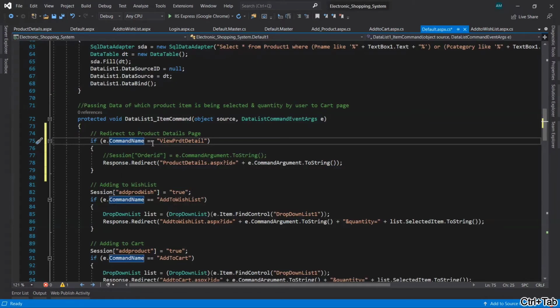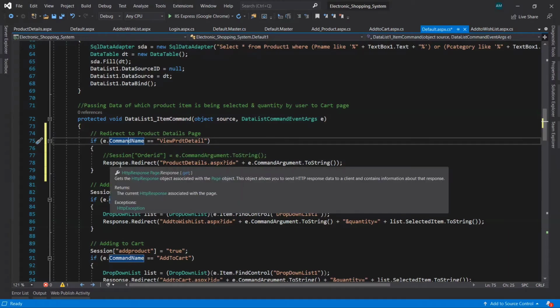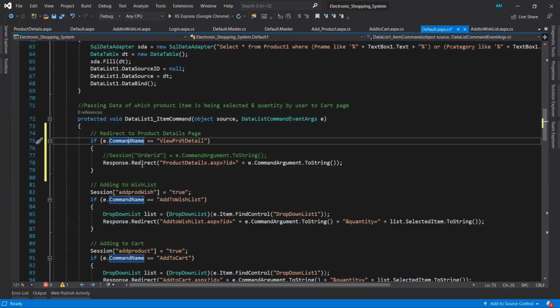So it will find and match that the command name is the same as view product details. If it matches, then it will execute this code, that is Response.Redirect. That means it will redirect the user to the product details page.